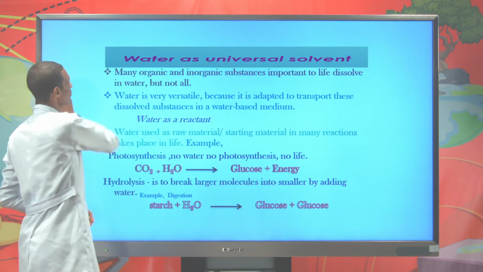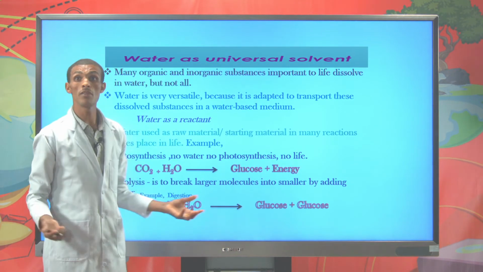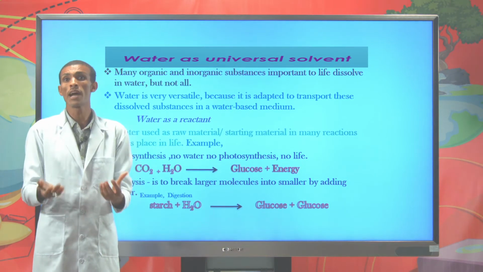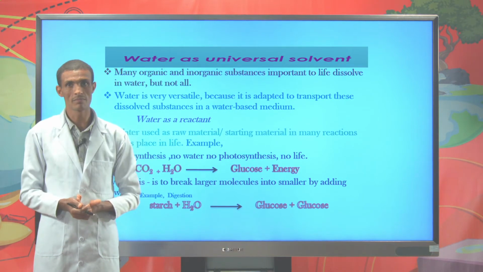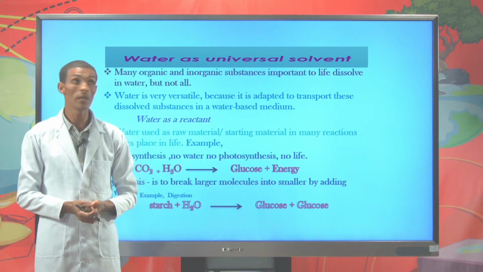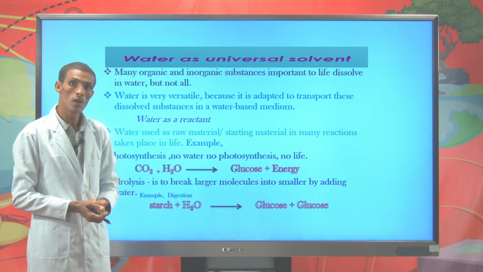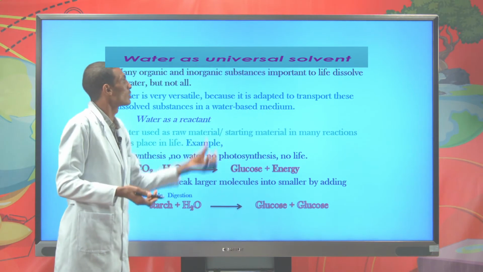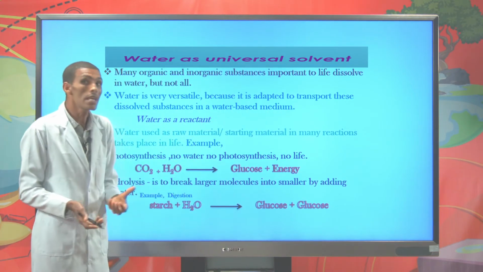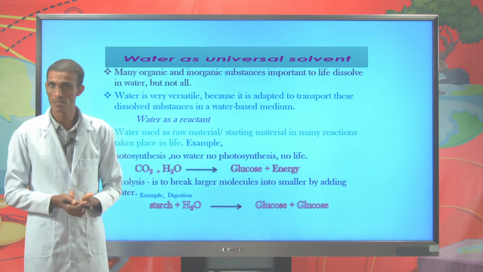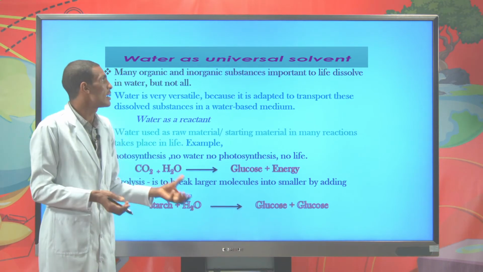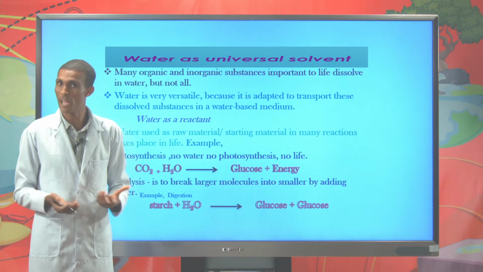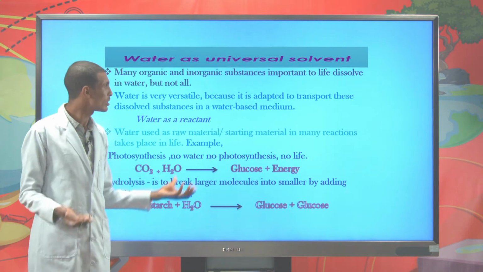Another property: water is considered a universal solvent, which means most organic and inorganic molecules dissolve in water, but not all. Not only dissolving, it is capable of transporting the dissolved particles or substances in a water-based medium. Water is very versatile in dissolving and transporting in a water-based medium, like in active transport and